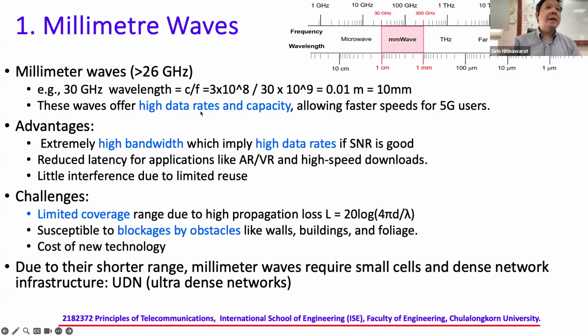And you want to add new spectrum because you want to increase the capacity of the network, right? And this millimeter wave band has a very high frequency, right? That can support high bandwidth for high data rate. But the trade-off is because you go with very high frequency, the range can be lower than the other spectrum, right? So you have limited coverage and susceptible to being blocked by obstacles. So you have to deploy this spectrum in a smaller area, right?